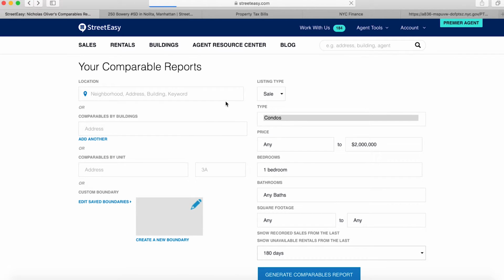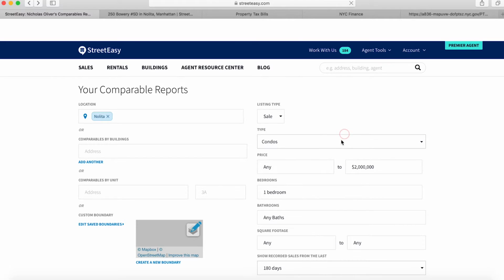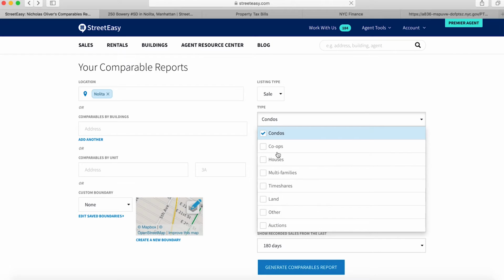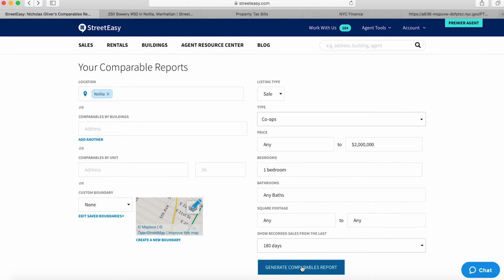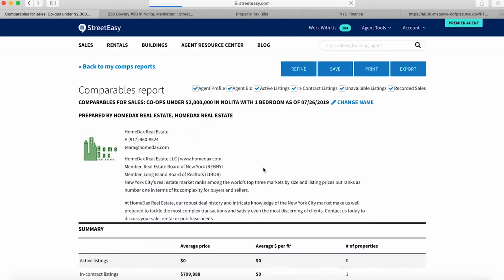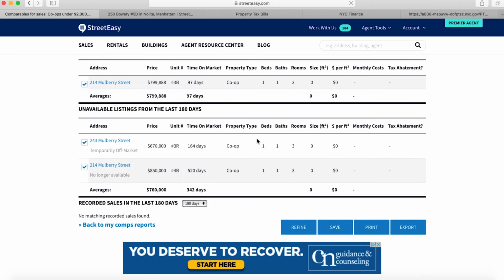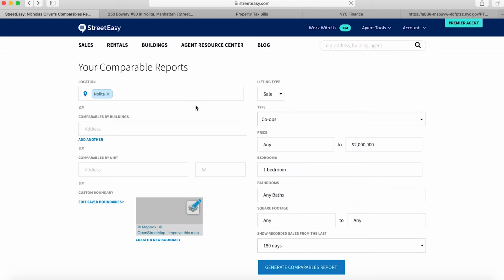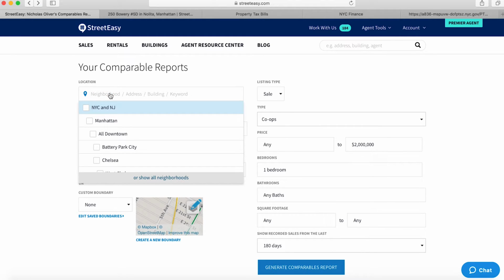Just a final reminder as well to make sure that you're searching for particular property types. So if we're looking at a co-op, we would really need to be looking only for co-ops. And with a co-op, we will not have that same level of detail when it comes to square footages. And that's because most cooperative offering plans do not have the square footages listed. Therefore, when we're looking at a comps report for a co-op, we're actually going to be more so focused on the relative size differentials between units as opposed to the surgical price per square foot analysis that we would be